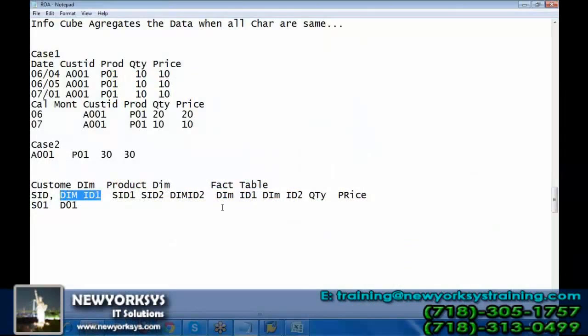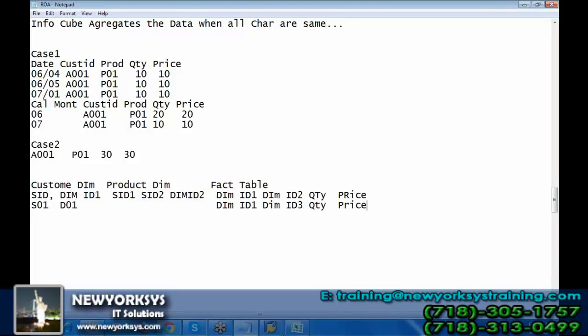How does the fact table store the information in that case? You will have DIM ID 1, which belongs to customer A001, and DIM ID 3, which belongs to product P03,